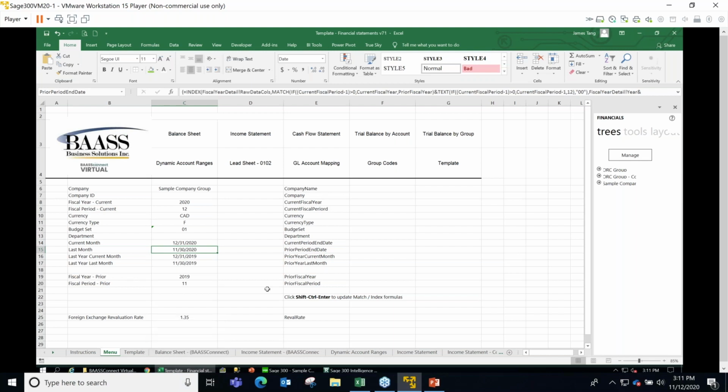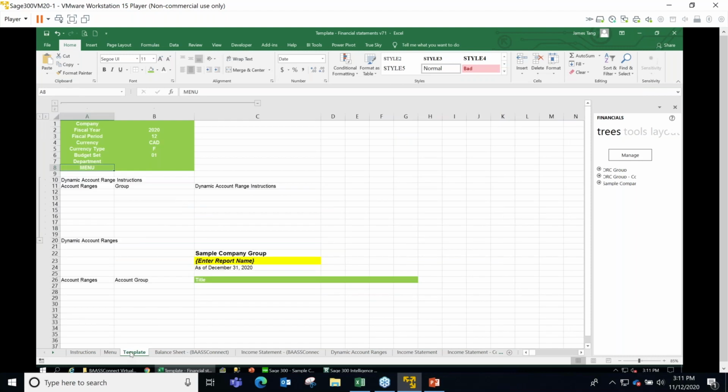Because this is a portfolio, in addition to menu, it's probably a good idea to have a template sheet, right? Where it provides the fundamentals, the structures that you need to create your report. You may create a balance sheet, you may create an income statement, you may create a lease sheet, but pretty much this should be the framework in which you start. Of every page, right, you probably want a reference to the 7 key parameters, okay? And as you see here, they're named ranges. I don't need to know, see, I don't remember that this is menu, cell C, whatever. I don't. But this is current fiscal year,